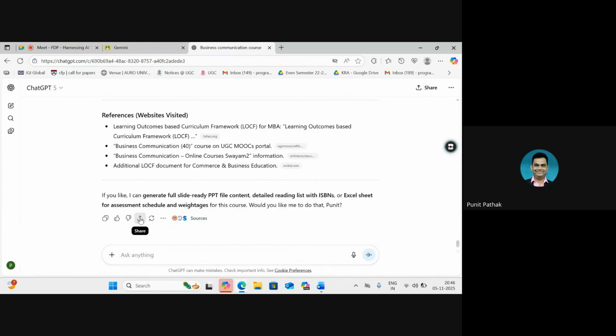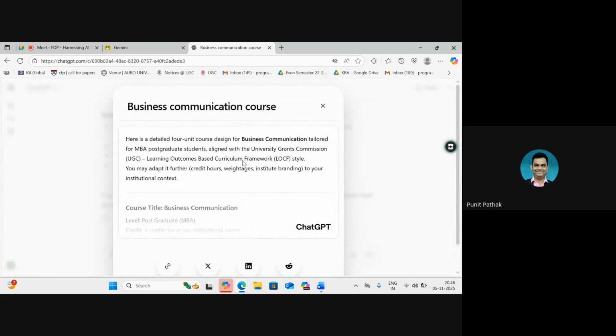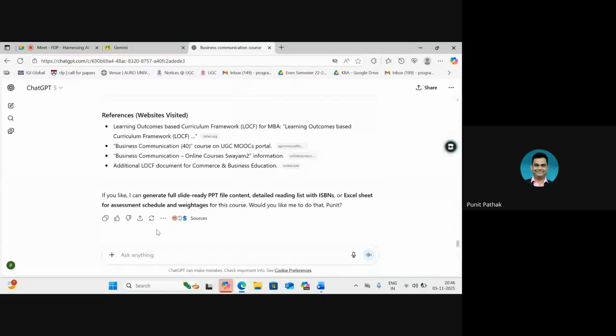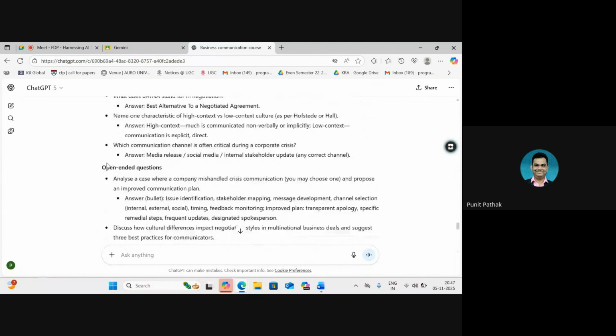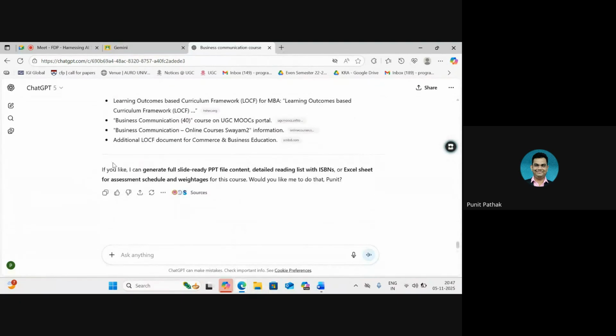Or else I can simply click on share and I can share this chat in the form of a web link also. So this is if I want to do the same thing in a more singular version by giving a single prompt. But then, as I said, the prompt would have to be created and written in this longer context, and we can decide which one works best for us. One final thing, let me download the above